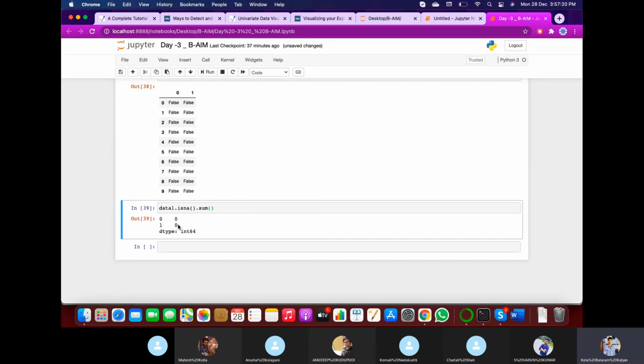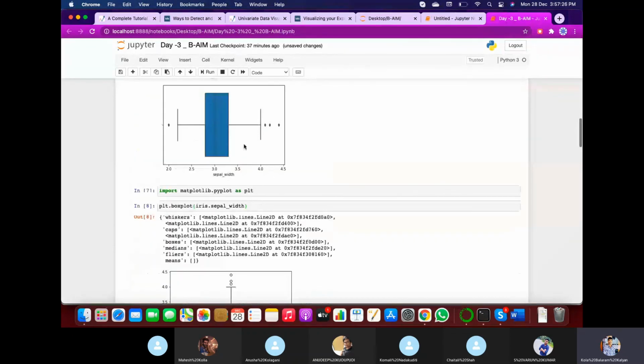Similarly, the outliers can be treated with the median imputation. Let us say the sepal width has these outliers; all the outliers will be removed and fall into the interquartile range, that is this box here. This is the Q3 and this is the Q1. Q3 minus Q1, that range from Q1 to Q3, is called the interquartile range. If we treat with the median imputation, the outliers will be removed and scaled to near the median. So this is the median imputation.